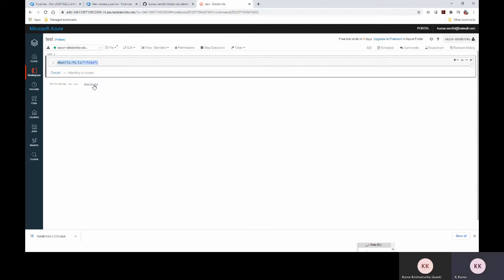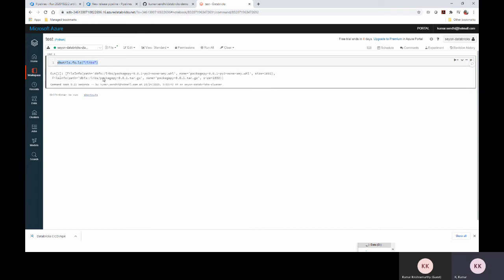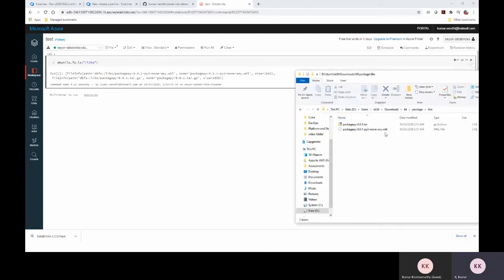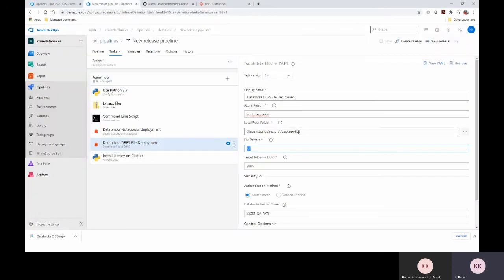Let's hold on for a minute. Yes, it is executing now. As you can see here, whatever files I showed you, the tar and the wheel file, you can find it here. This is the wheel file and this is the tar file, right? So whatever was in the libs folder, as you can see,